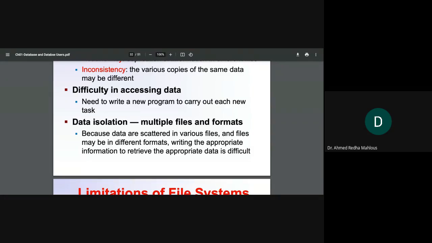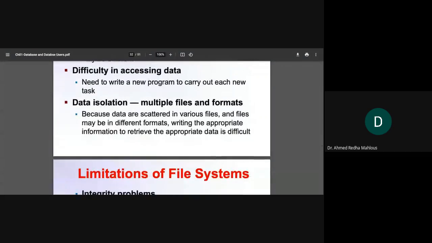We said that because of the scattered data, which is distributed in different places in various files, those files might have different formats. In the simplest way, we might have a text file in one place, an Excel file in another place, and an Access file in another place. It depends on the data format. That means you have to write the appropriate program to access that kind of data format,